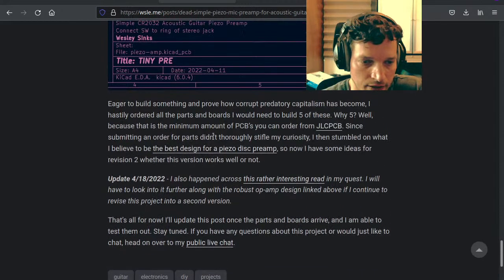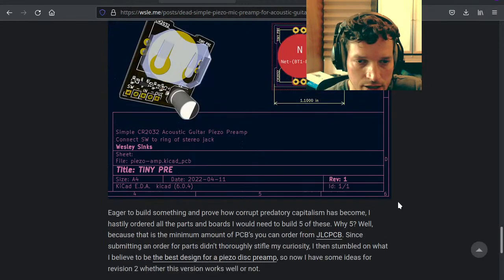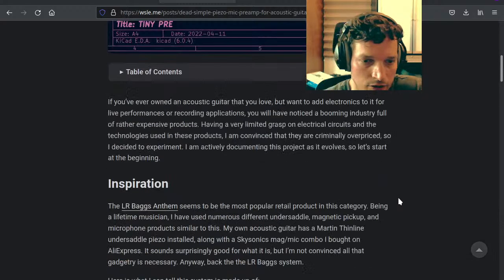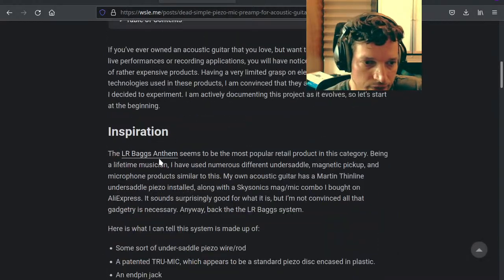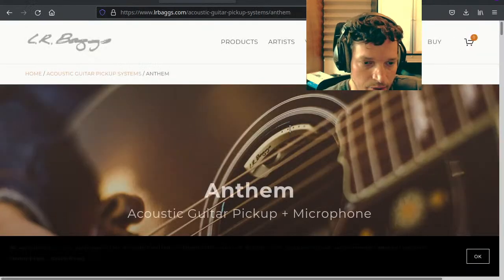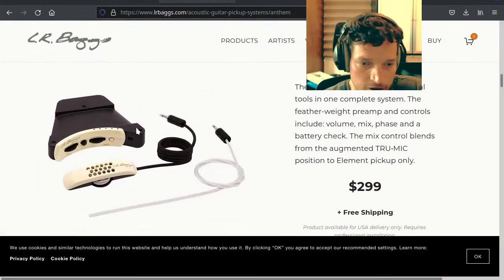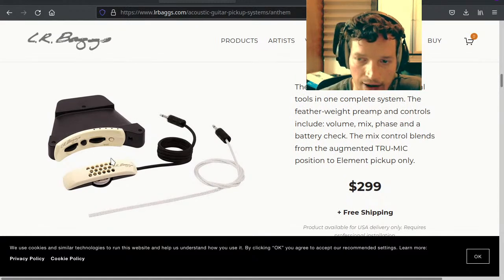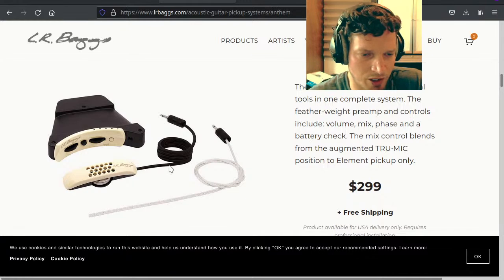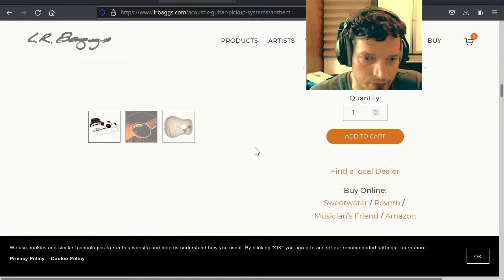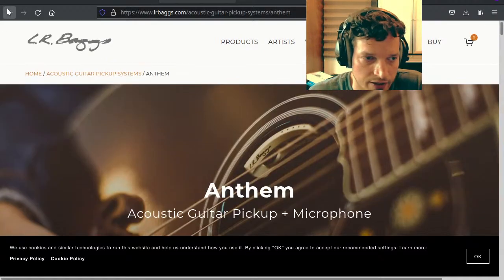Might do some more testing, but then there are some other designs here that use 9-volt batteries I might try. But just kind of a fun thing. It's crazy that the systems that people buy to put in their guitar cost like $300. And I don't think that's $300 worth of parts. And then when you factor in however much it costs to get somebody to put it in for you, most guitar players I don't think are going to be drilling in their own guitar and installing these. So I don't know. Just thought it'd be fun to see if I can come up with something that works